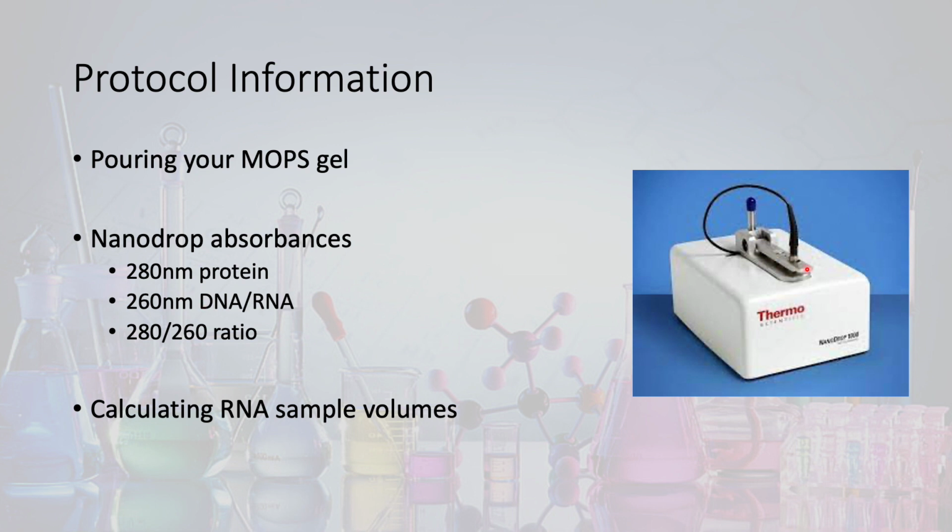So when we do this, your instructor or your TA will give you a quick run through. We'll also blank the machine for you, but there's essentially a little probe right under where my laser pointer is pointing. We'll open this arm, place our samples on that probe, close this arm, and then take our readings. And 280 and 260 are important because